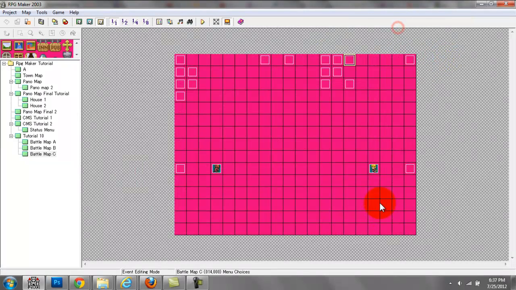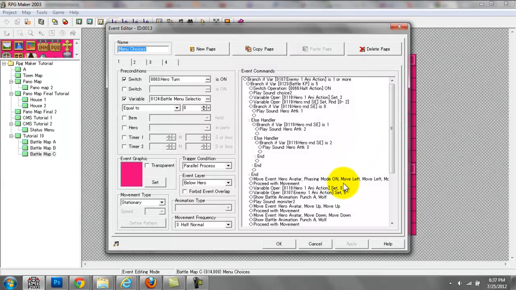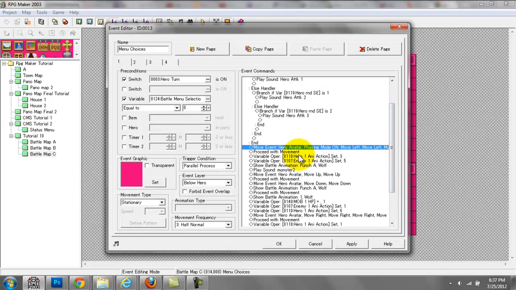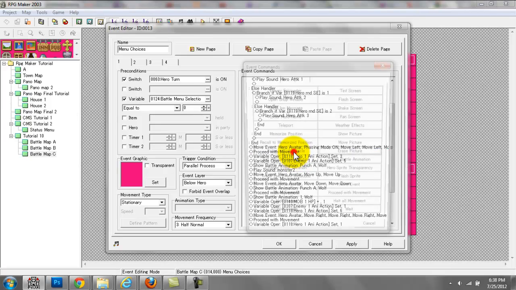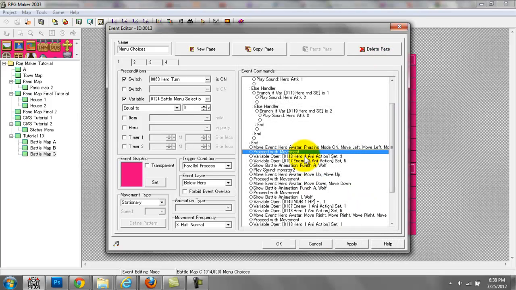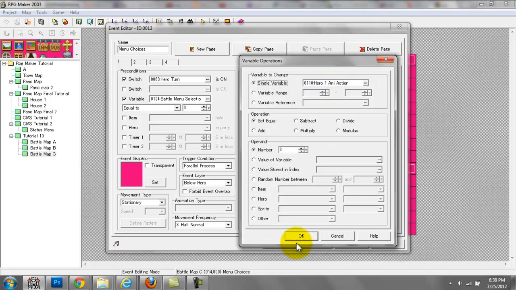You just want to count, 1, 2, 3, 4, 5, 6, 7, 8, 9, 10, 11, 12. You probably want to do 12 move left event lines. Then I just have a proceed with movement that'll ensure that everything here gets moved. I also have ignore possible moves checked. So even if for some reason the event can't move, because this is checked, it would move regardless. So you want to make sure that's checked on. I have a proceed with movement that can be found on page 2 as well. Right here, proceed with movement. Then I have a hero 1 any action is equal to 3, and